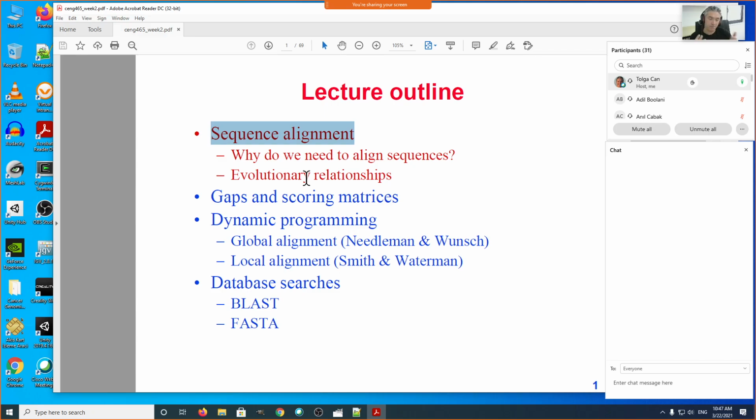Now, I have shown you that this is used, I have talked about it in different places, that this may be used to infer function, to find conserved regions, functionally important parts, to assemble individual sequenced DNA against the reference genome, or even for novel sequence assembly. Okay, in novel assembly, again, we may need to use alignment of sequences because the only way to